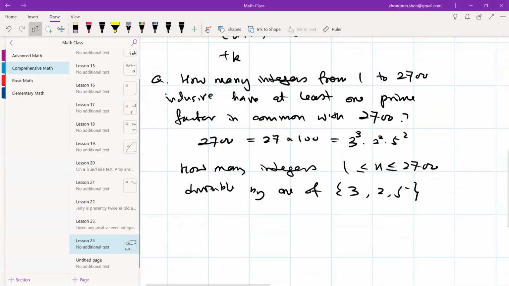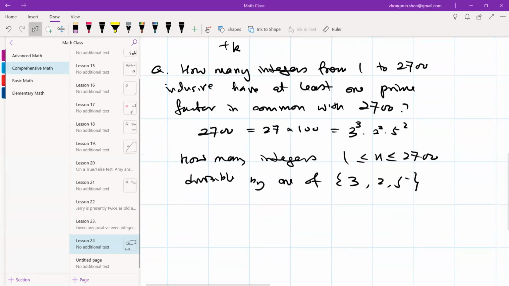One of them, at least one of them, that means it could be both, right? Can be divided by 2 and 3. Could be divided by 2 and 5. Could be divided by 3 and 5. Okay, or it's divisible by the 3 factors. So this is hard to